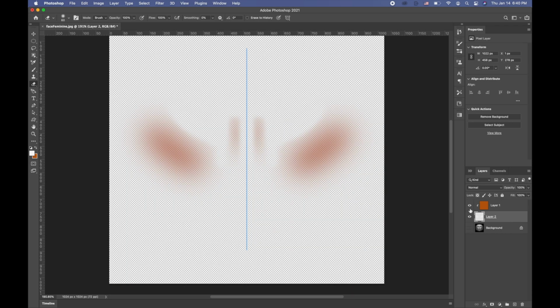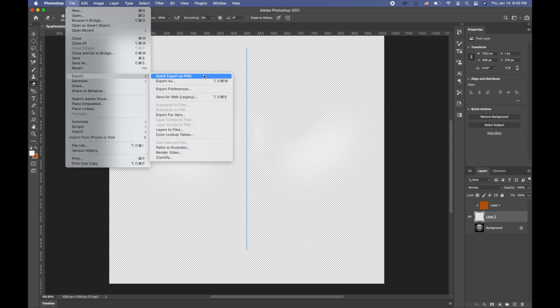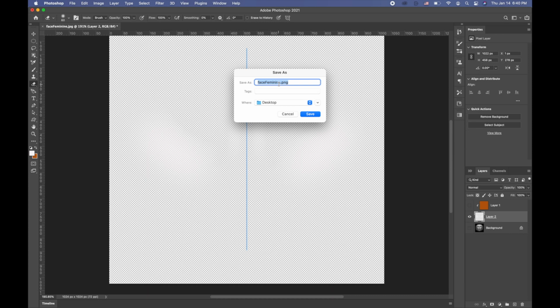And now I'm disabling this face and disabling this brown layer, and I'm going File, Export, clicking Export as PNG, and I'm gonna call it Contour, Save,